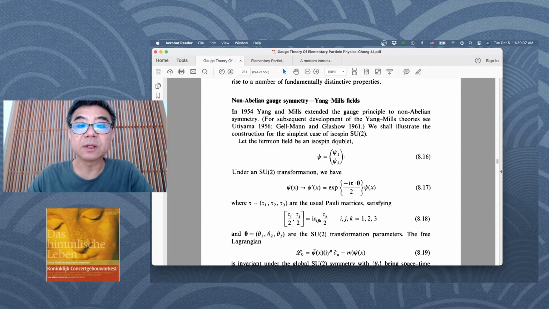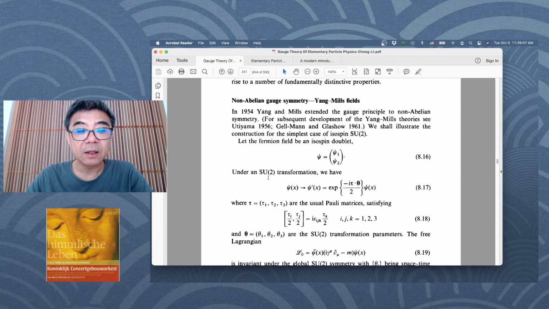Of course, it doesn't need to be a doublet, but as you know, the doublet is the fundamental representation of SU2. That's why we start with this simplest representation, and we can derive almost all the properties of the gauge field and representation. And again, it could be easily extendable to all the other, more complicated representations. Now, this doublet consists of two fields, Psi1 and Psi2. We collectively